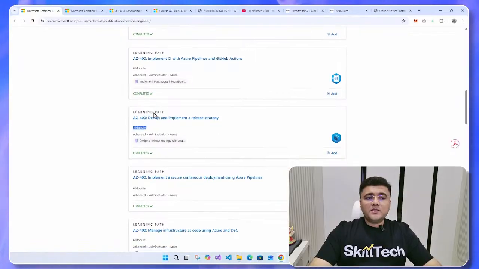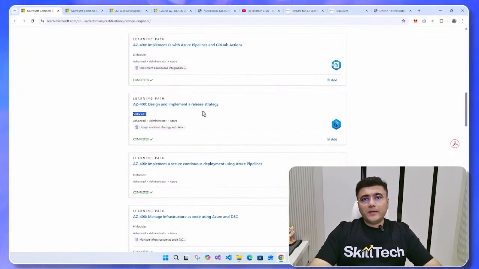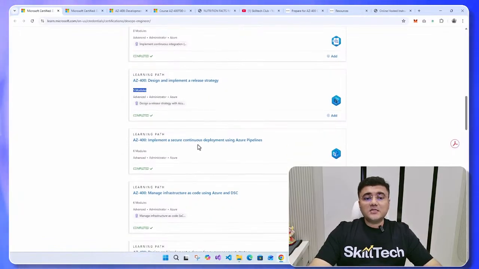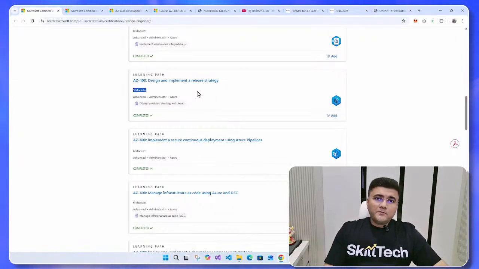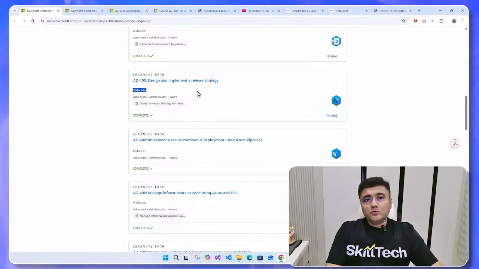Obviously, after CI, the next step is going to be CD. You're going to focus on deployment. And deployment is all about release management, release strategy, and there's something called continuous deployment with deployment patterns. This is what is going to be covered in the next two learning paths. Now remember, when you are deploying an application, it's not going to be that straightforward, like just pushing or publishing certain things into your server environment. Actually, release strategy is a lot more than just deployment of the project. And that's what these two modules are focusing on. It's going to make sure that you are deploying an application to multiple environments, or what we call multiple stages in Azure Pipelines.